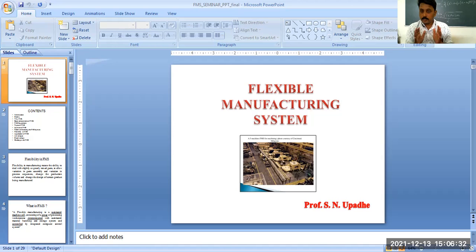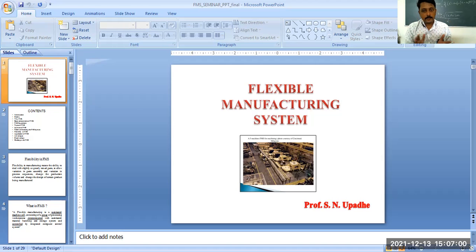So interconnection is needed, and the material handling from raw material to the final product is handled by automation. And the storage system, obviously, with the help of a computer control system, the storage, material handling and automation will be carried out.